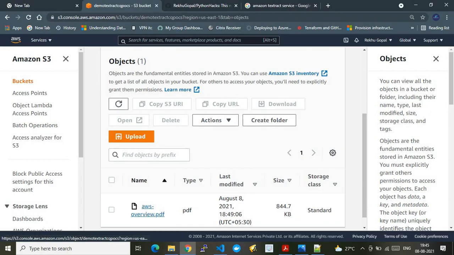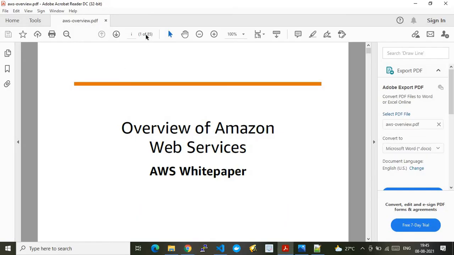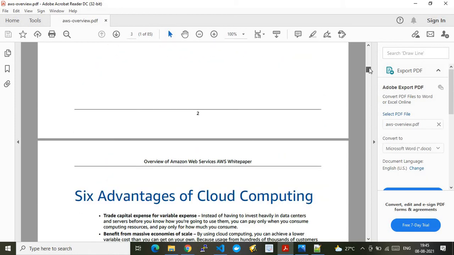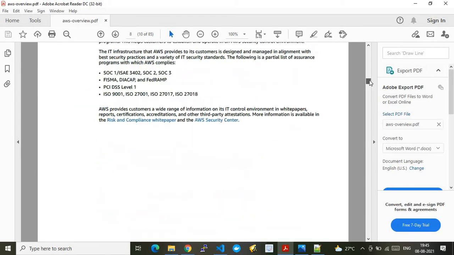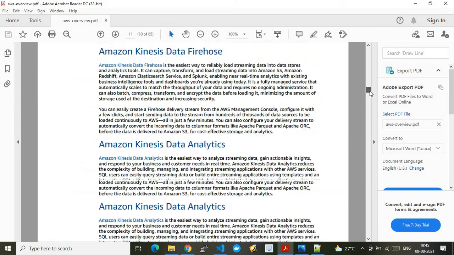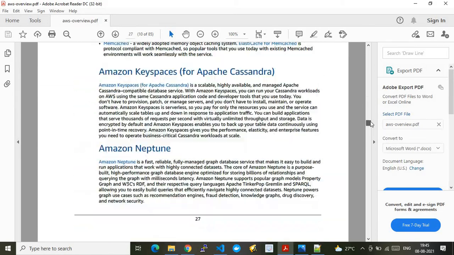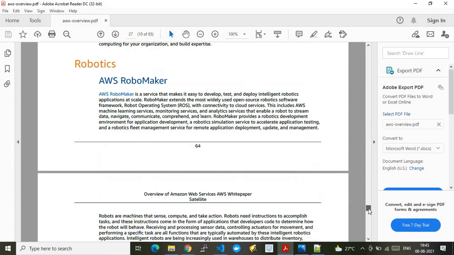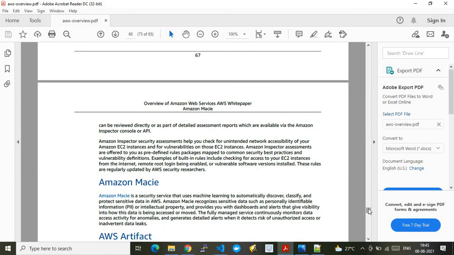So this is the file I have uploaded here, and it contains 85 pages. Think about it. That's what the Amazon Textract service, which is an ML service, is doing. It will retrieve all this text data from this file and put it in a raw data format. From there you can leverage it for any kind of analytics or any business logic you want to apply on this data.